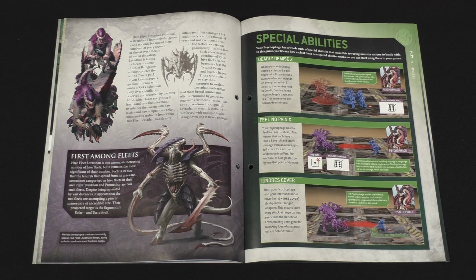It seems to be particularly noted for the level of control exerted by its leader beasts on the battlefield, and it's very difficult to break the synaptic links that bind them together. But that's it for the lore and painting instructions, so now we're on to our gaming content, so I'll hand you over to Mike, who will teach us some new rules, and then we'll see our Psychophage on the battlefield